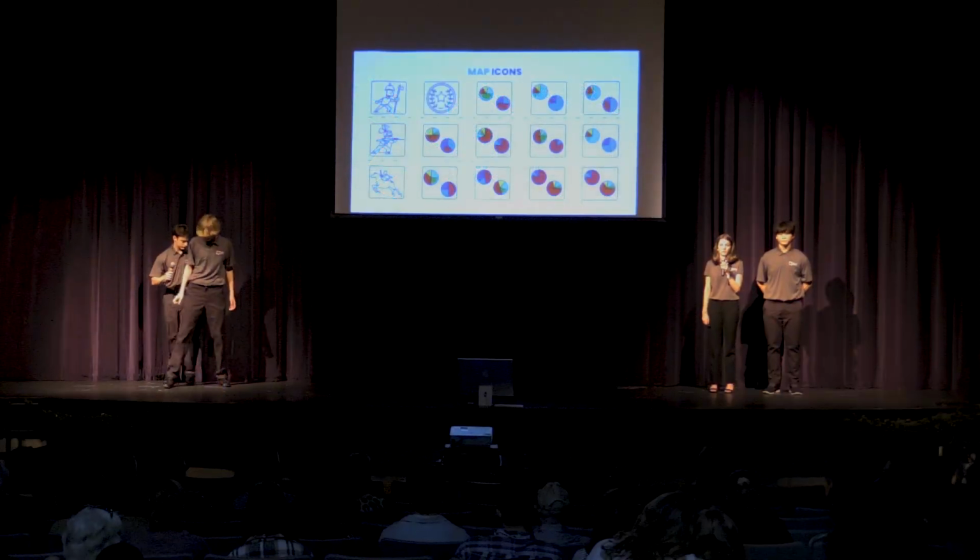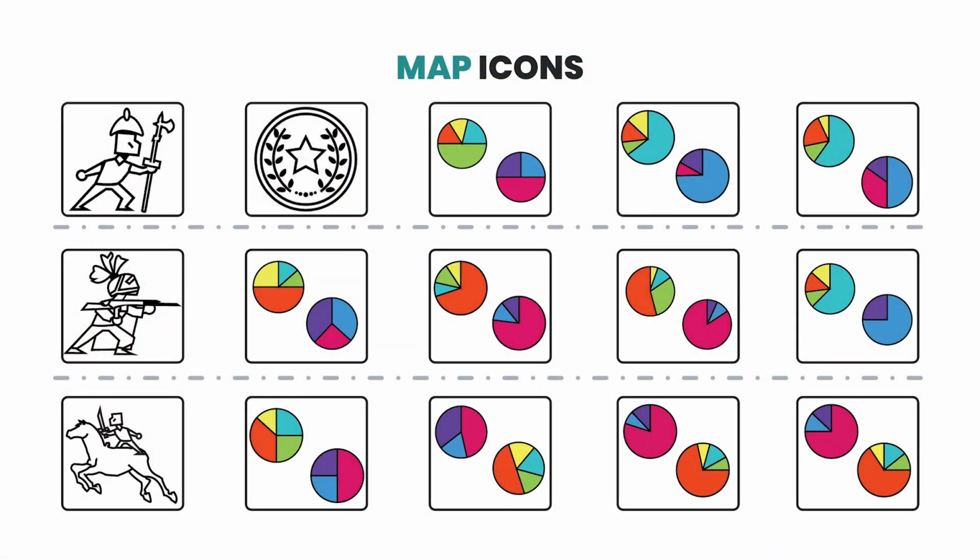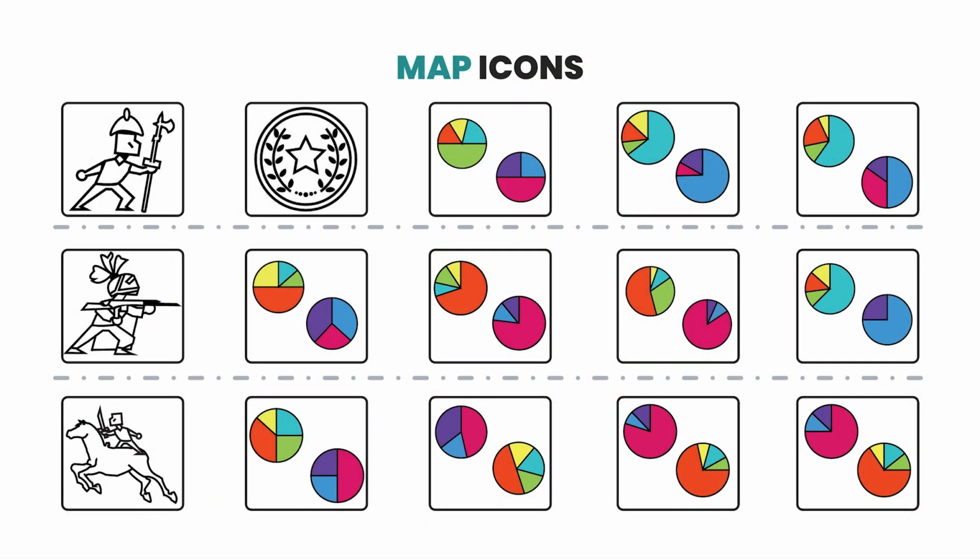I was responsible for creating the icons used in our simulation. I created a Spanish soldier, which you can see in the top left, a Colombian soldier, which you can see in the middle left, and a coin that was used by all the other groups. To make the soldiers, I used the base made by Sadie and customized the different weapons and armor to symbolize the different soldiers. Once my designs were approved, I sent them to the other groups to be used. Using Adobe Illustrator, Ryan and I created 34 different pie charts that are used to show the country's population demographic and the political diversity in the state of Gran Colombia.